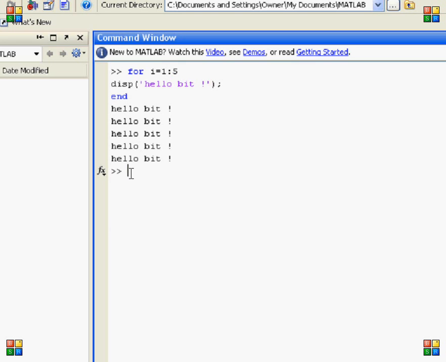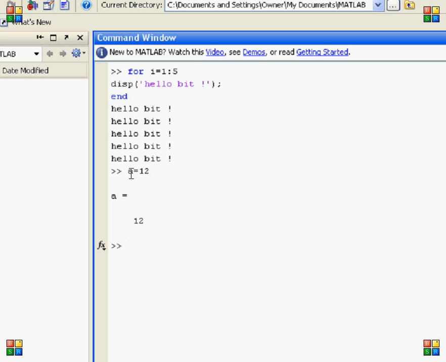Now where I don't know how many times the user will want to execute that statement, in this case we can use while.